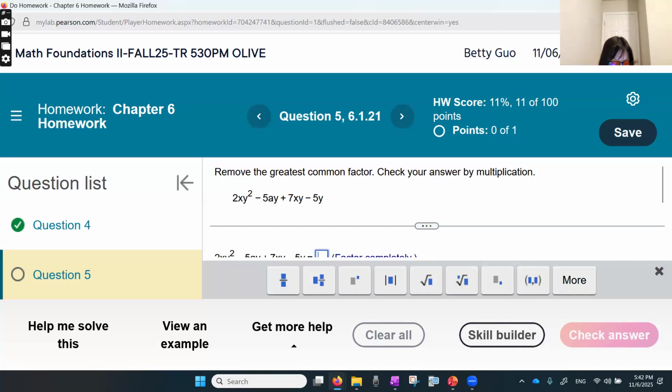Okay, I need to write it down. So we're going to factor y out. Factor y out. We have 2xy minus 5a plus 7x minus 5. This pencil thing is a little annoying. Let me double check: 2xy squared minus 5ay plus 7xy minus 5y. Okay. And then we're going to group, right? We're going to group. Let me put a bracket here. So 2xy minus